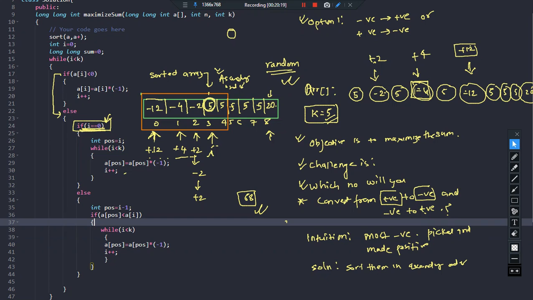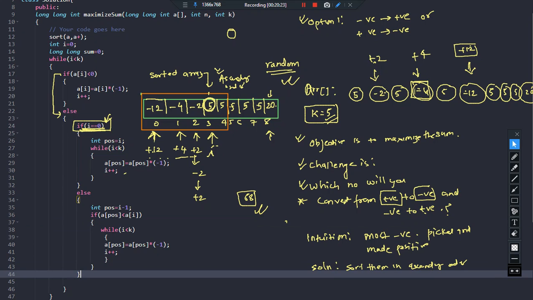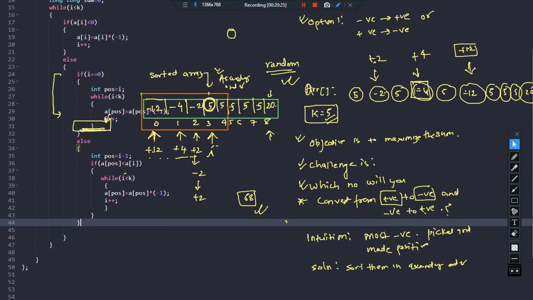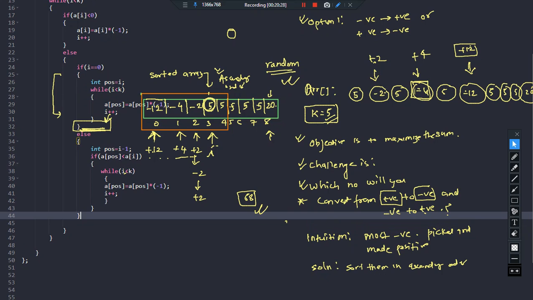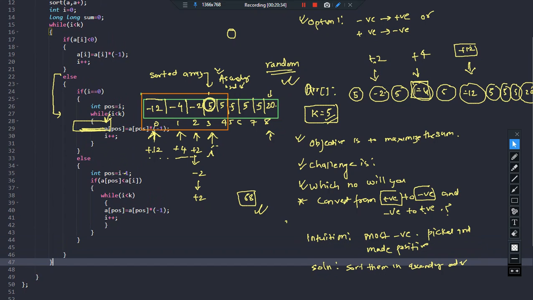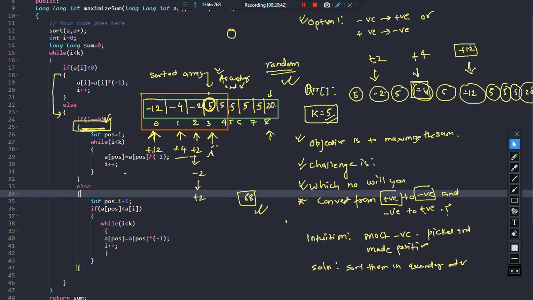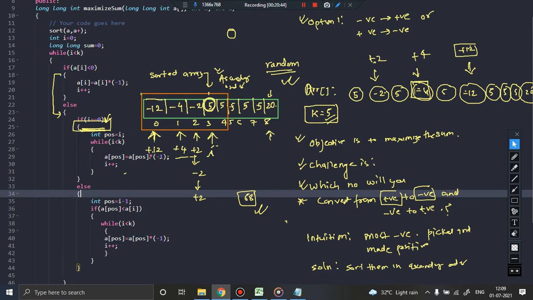Yes, this is all about it. And what should we return? We should return, after the while loop ends, the sum. That's it, right? So I hope we are not doing any mistake and we have covered each and every aspect, and I hope the problem is clear, right? So let me just quickly run the code.